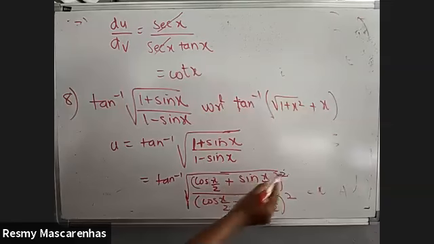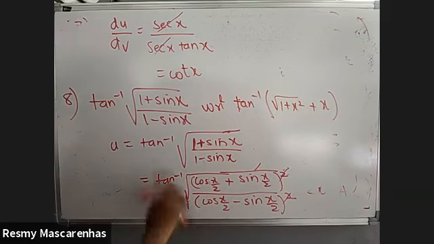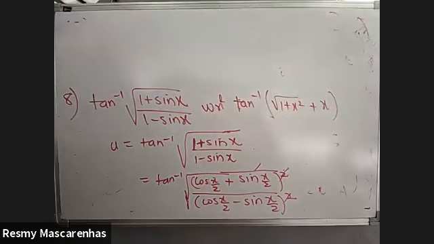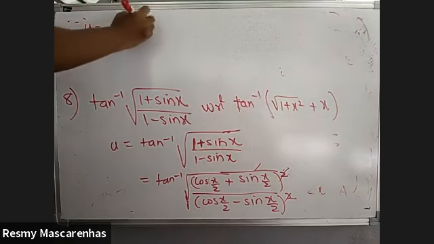Okay, next step, what will happen? Square and root will cancel. So the root will go. So write the whole term without the root sign. The entire root will go. So what you'll get is tan inverse of,